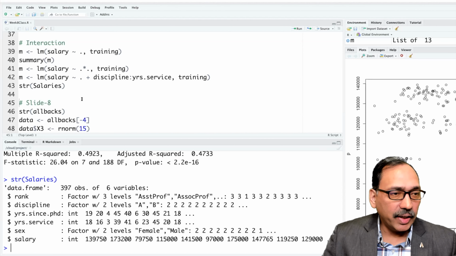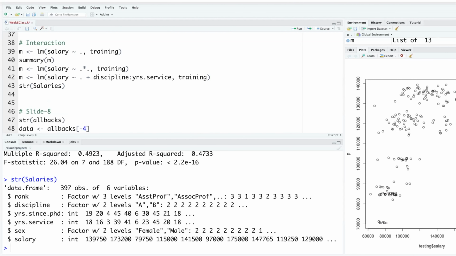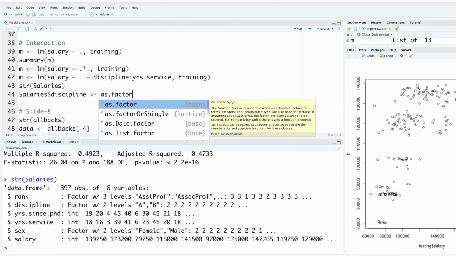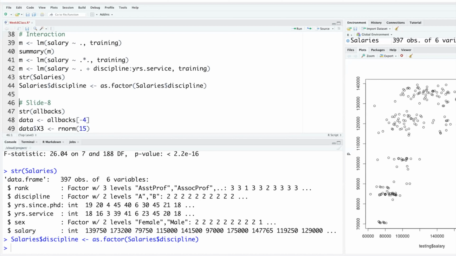Doing that is very easy, although it's not needed, but I can show you so that you can use it at the right places. Let's say salaries $ discipline we want to treat as factor. So we simply say as dot factor salaries $ discipline. That line always converts your variable to a factor variable. In this case, it is redundant, but I'm just showing you just in case.